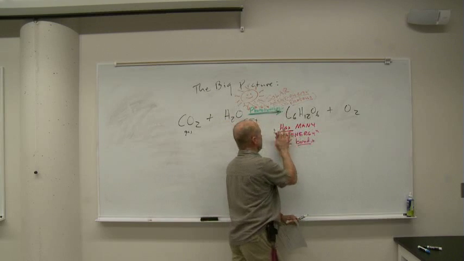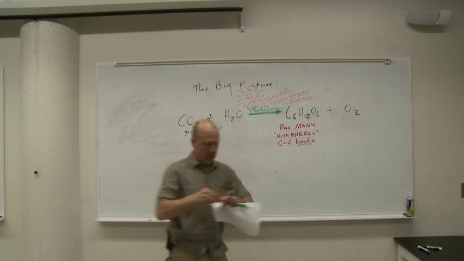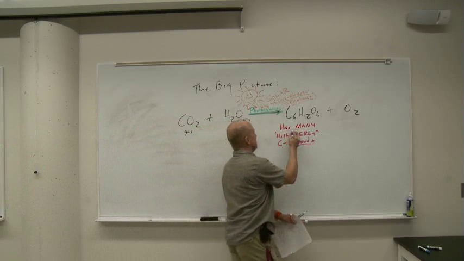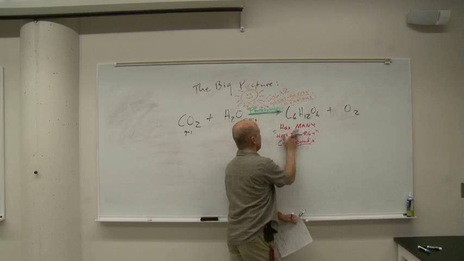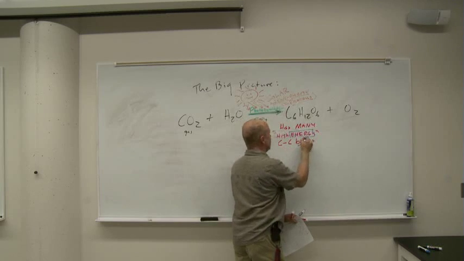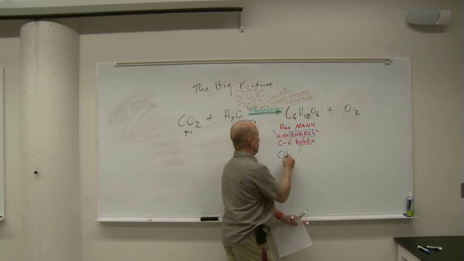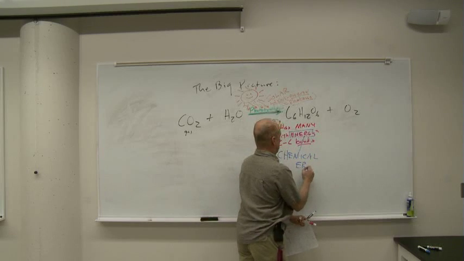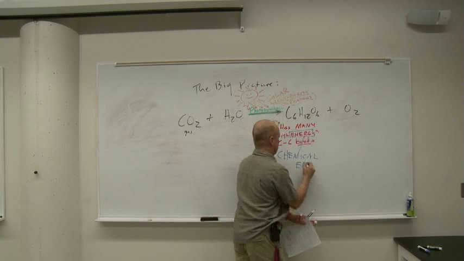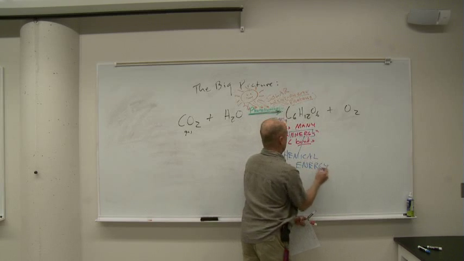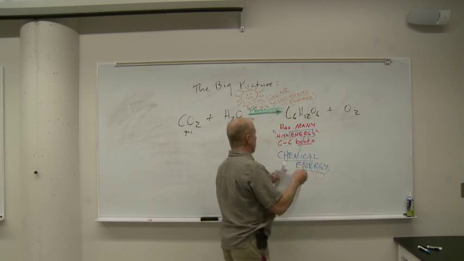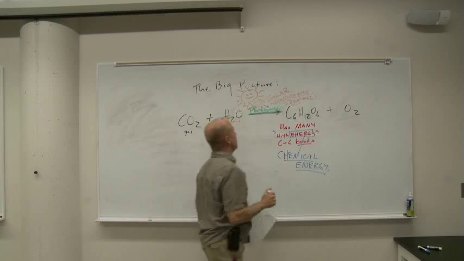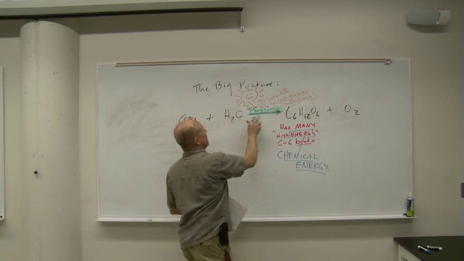So this thing, let me get another color to show you that. That energy right there is what we call chemical energy. So here we have solar or light energy being converted into chemical energy in this process that I've